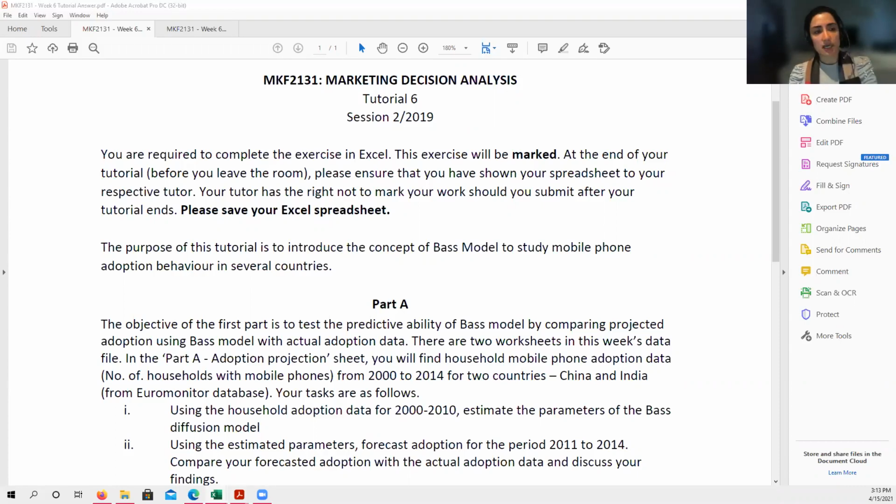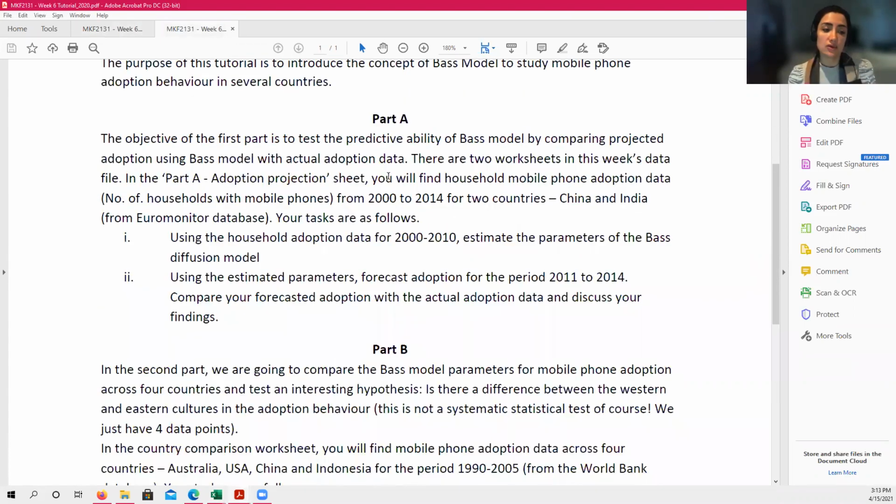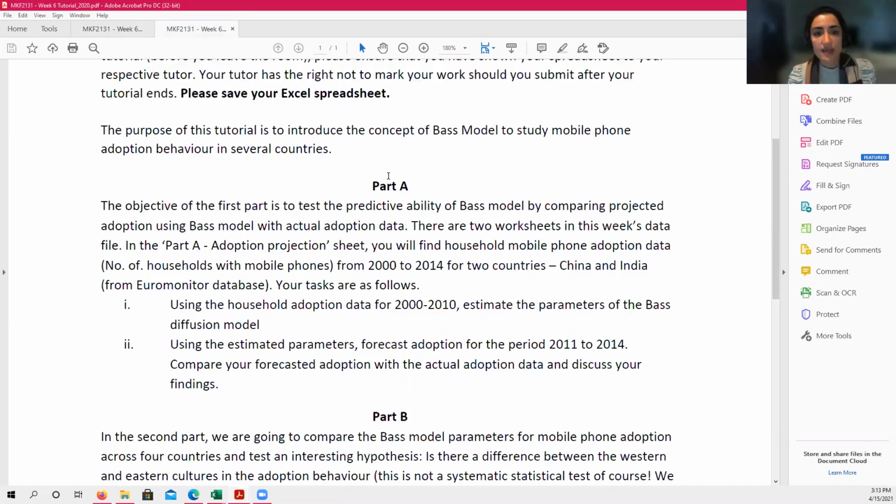Simple case today, although we have two parts and both of them should be addressed in your submission, both of them are very similar, and the analysis also is really simple as long as you understand the marketing model. So the marketing model that we've got today is Bass diffusion model. The definition of Bass diffusion model based on the lecture notes or the